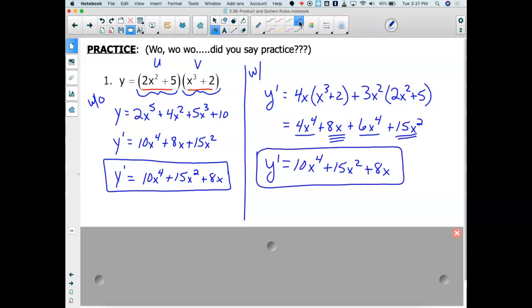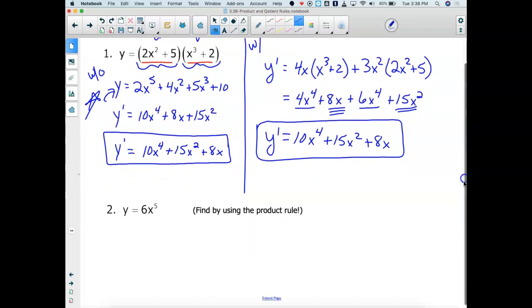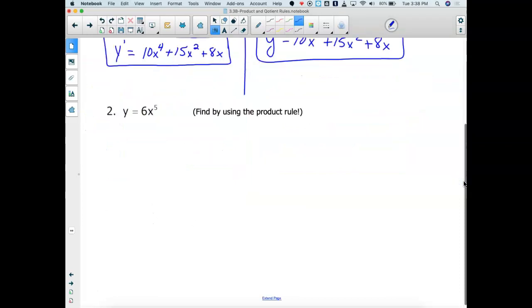To be completely honest with you, if I had my choice of taking a derivative of this type of function, I would usually redefine it like that and just use my power rule quite a few times rather than look at it as a product. Many times I will keep it as a product. It just depends how ugly the function is going to be. Okay? Find using the product rule, I'm just going to say,